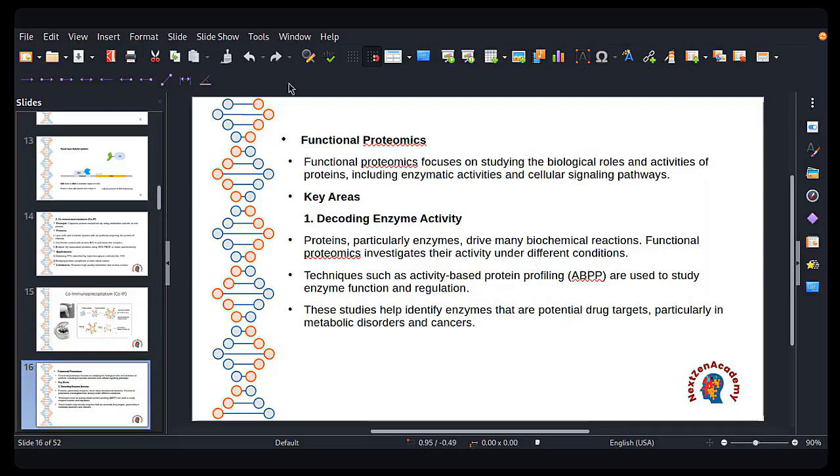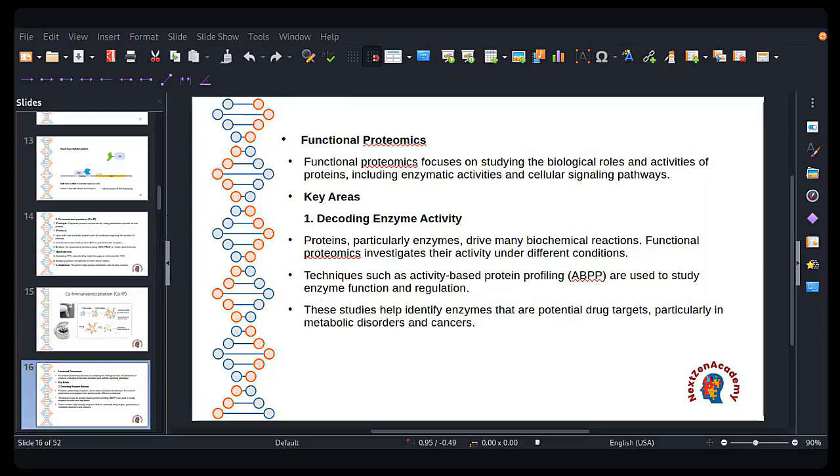So as we know, जो हमारे एंजाइम्स होते हैं, they work at an optimum temperature and optimum pH, right or wrong? एंजाइम्स optimum temperature और optimum pH पे काम करते हैं, जो उनका एक फिक्स होता है, right? So functional proteomics में हम उनके जो बायोलॉजिकल रोल्स हैं, लाइक एंजाइमेटिक एक्टिविटीज, उस चीज पे फोकस करेंगे। हमें पता है मोस्ट ऑफ द एंजाइम्स प्रोटीनेशियस होते हैं, प्रोटीन के बने हुए होते हैं। तो उनके फंक्शन के बेसिस पे जब हम फोकस कर रहे हैं तो फंक्शनल प्रोटियोमिक्स।